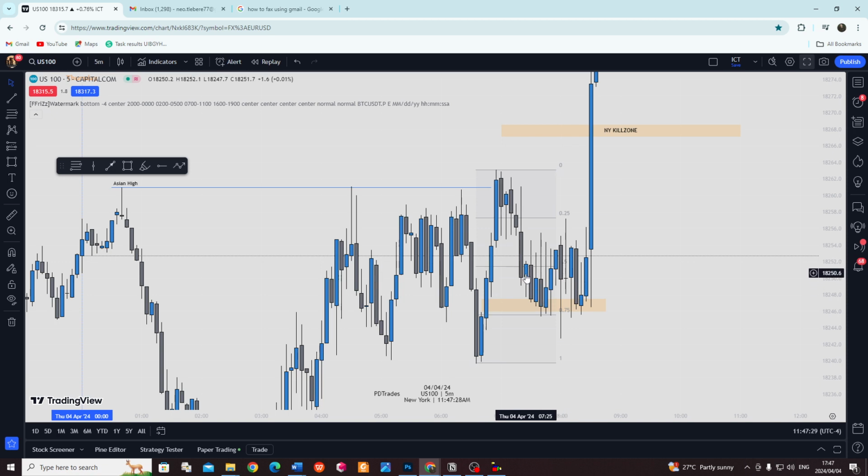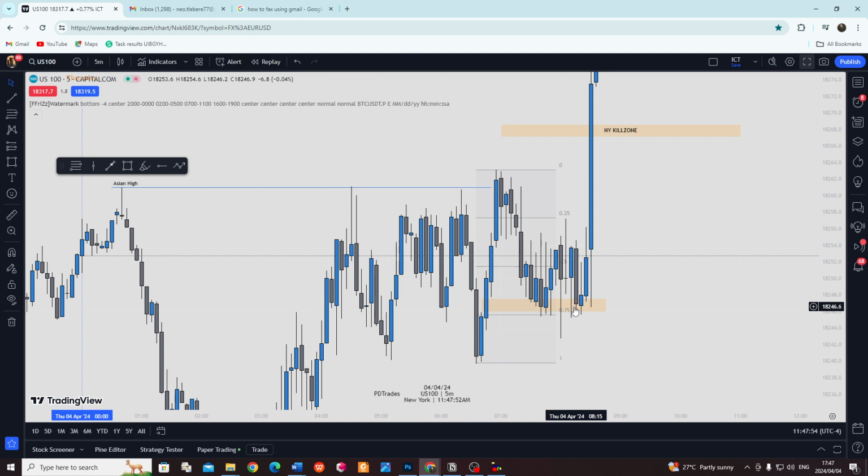You understand? It kept on playing inside. Look at the body. Don't look at the wicks, but look at the body. The bodies kept on playing inside this fair value gap. The wicks are the ones that do what? The damage. So I would have entered my trade